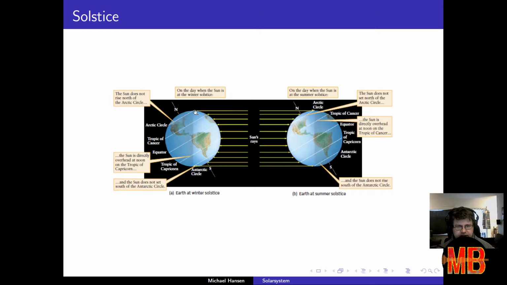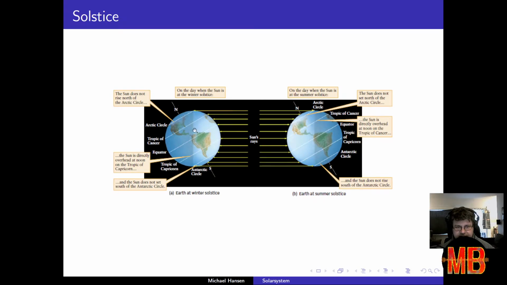So as you can see here, when we have the Arctic Circle, we can say that the sun does not rise above the Arctic Circle at winter solstice. Then we have the Tropic of Cancer, where the days are relatively short. The equator, that's the interesting thing. Around the equator, it's the exact same. Then we have the Tropic of Capricorn in the southern hemisphere. Here we have a longer